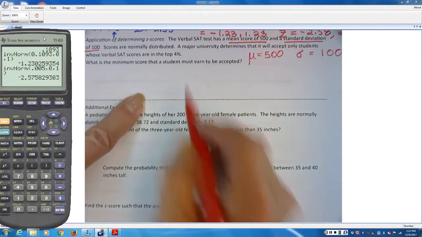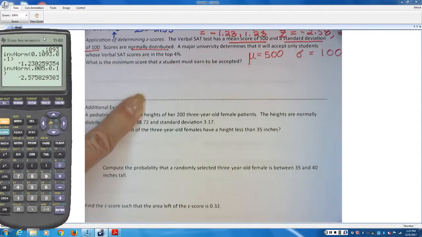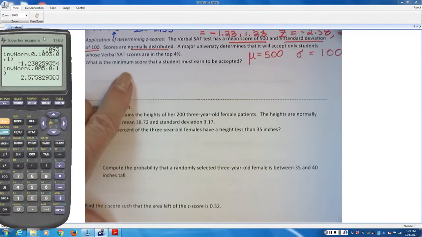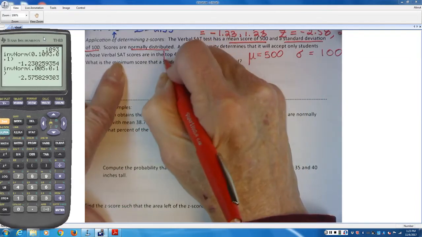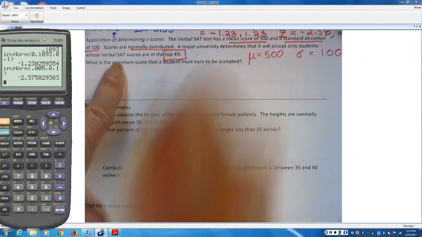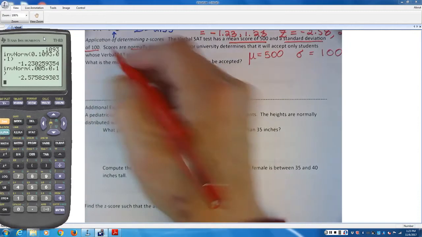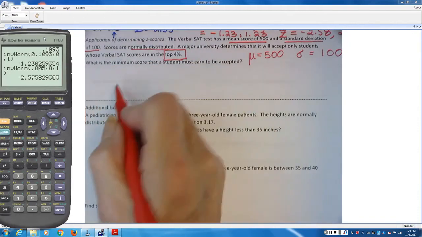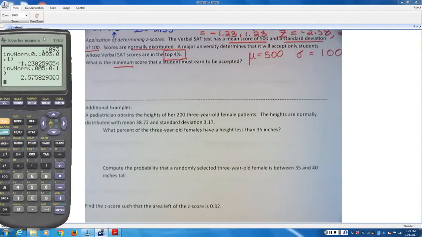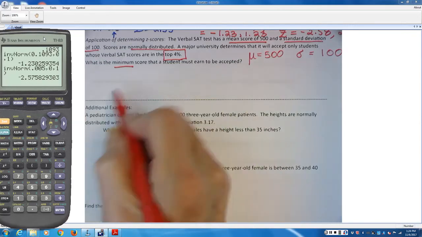And it says they're normally distributed, that means it's gonna fit that bell curve. And a major university determines that it's only going to accept students that are in the top 4%. Only the top 4%. So, it says what is the minimum score that a student has to earn to be accepted? The way we figure that out,